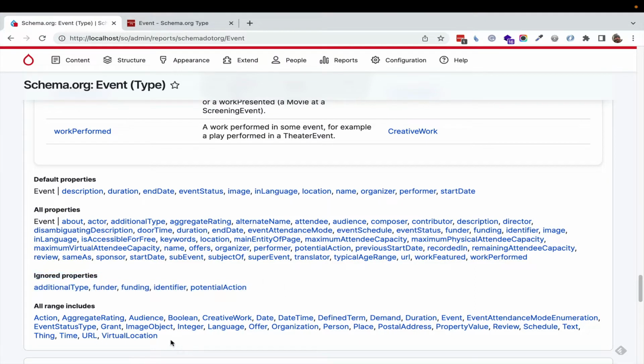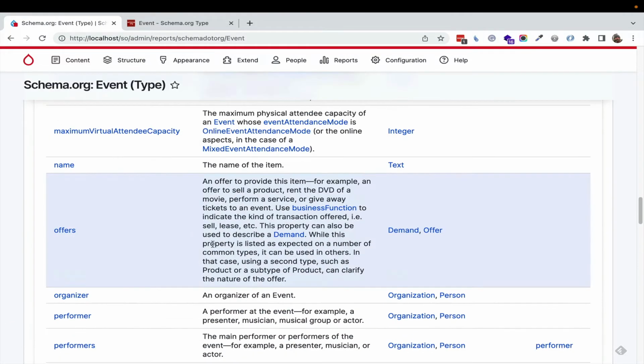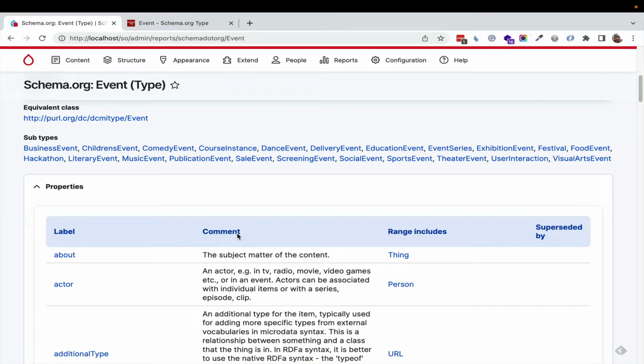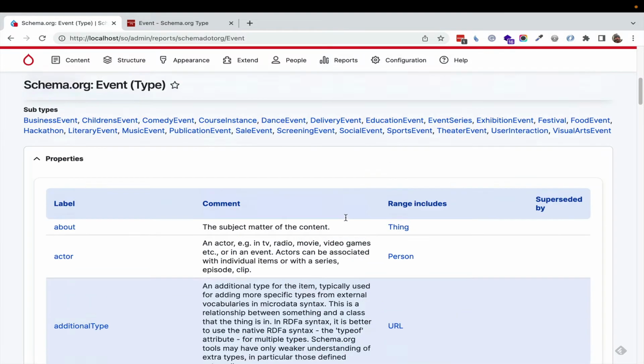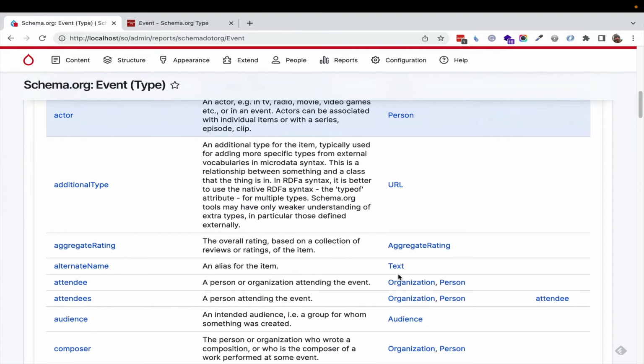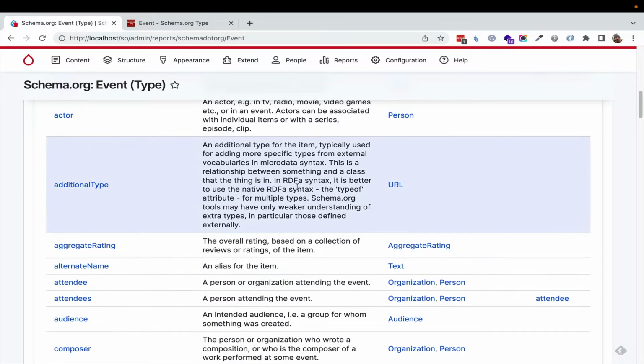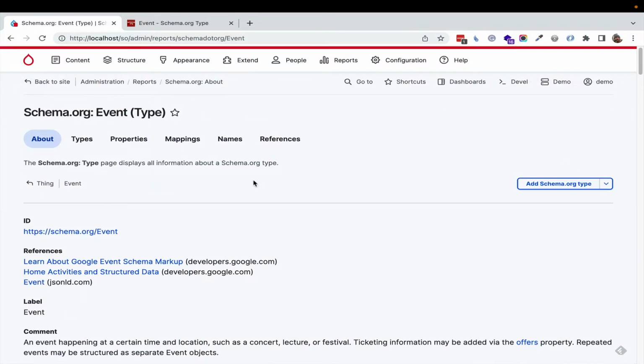And finally, this is just about relationships. What are all the relationships that are possible? Because you see, we go over here, we have a property, and then we have the data types. The range includes, these are the data types. What are the possible values, and whether an attendee can be an organization or a person. I'm going to keep going